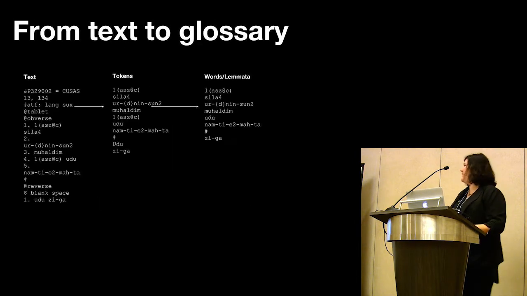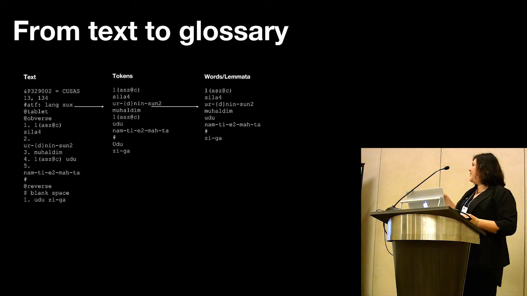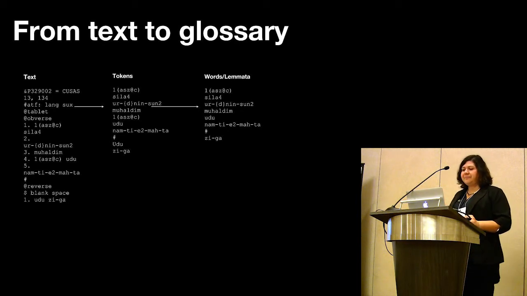The font is really weird. Okay, so this is an example of a transliteration directly taken from the CDLI. If you tokenize that text, then you can extract the vocabulary that was in the text. And then from those tokens, you can extract words or lemma that are like dictionary entries, if you like, of those words. And then you can associate all of these together.